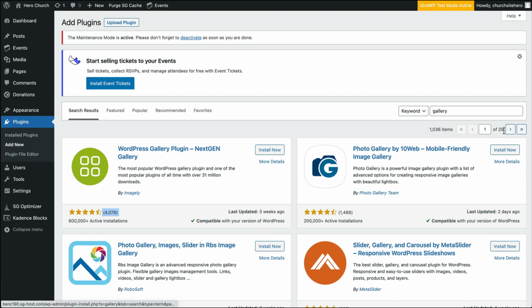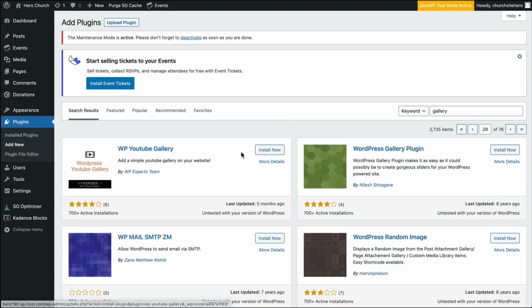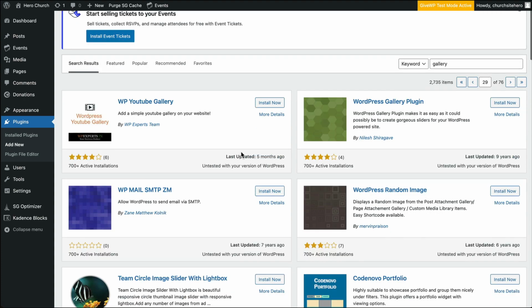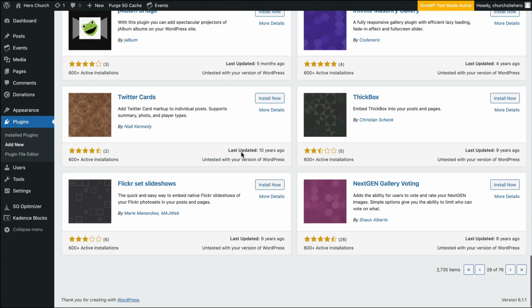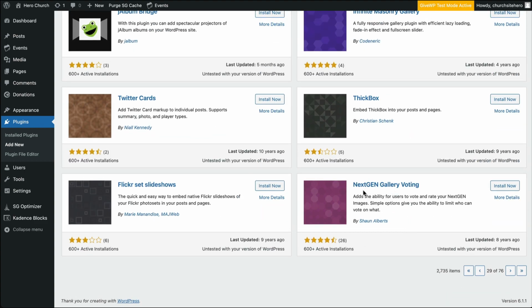Let's go ahead and skip to the end of this list and compare some of these top plugins with some other plugins. Let's go to the last on the list. Okay, so this next gen gallery voting. Actually, let's look at the Flickr set slideshows. So this plugin says the quick and easy way to embed native Flickr slideshows of your Flickr photo sets in